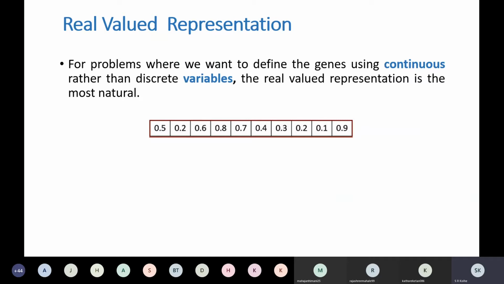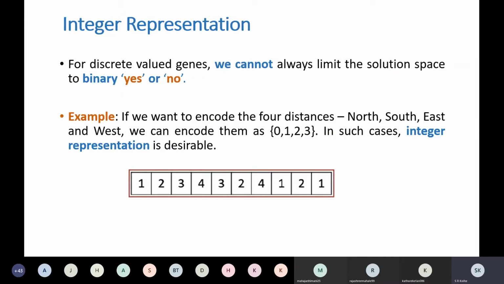Then we have real valued representation. Sometimes your requirement is continuous rather than discrete, as in the previous case. So we use a set of real numbers like 0.5, 0.2, 0.6 to represent a solution, and that representation is called real valued representation. Sometimes your problem requires a solution in the form of a set of integers. For example, suppose there are